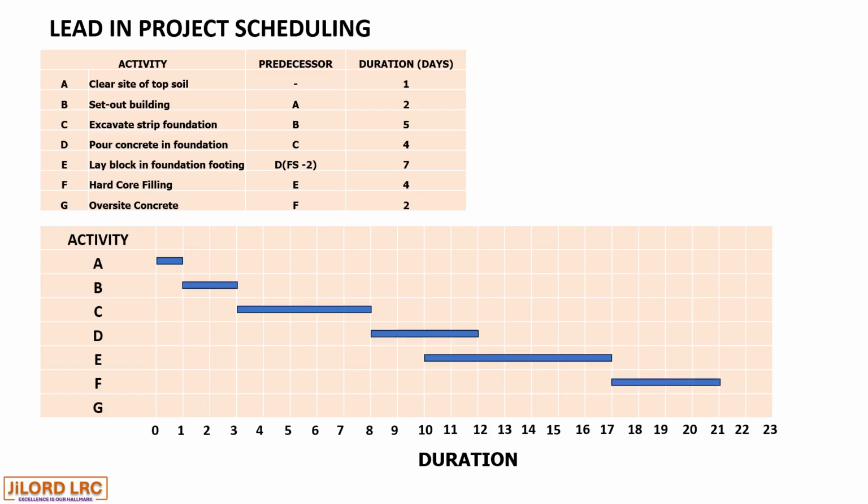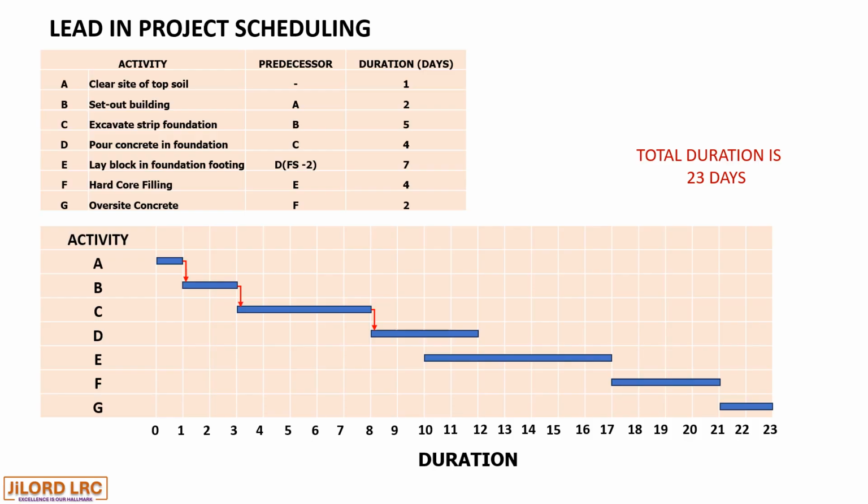And then activity F has a preceding activity as E without any lead or lag, and the oversight concrete, which is activity G, gets completed in 2 days. Now let's link these bar charts with their preceding activities. So A precedes B, and B precedes C, and C precedes D,